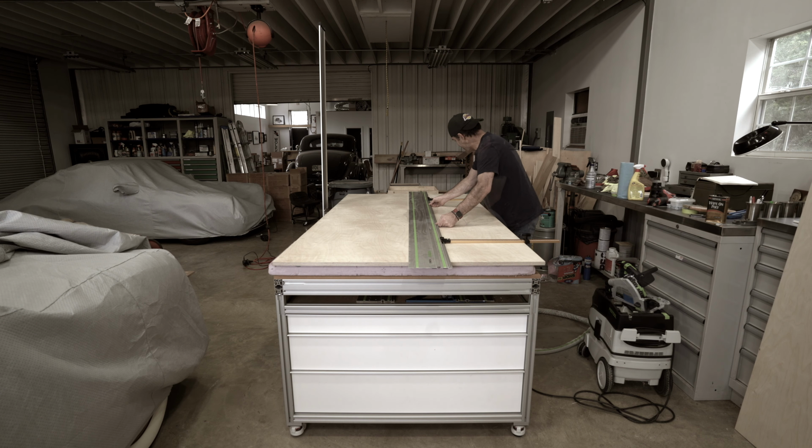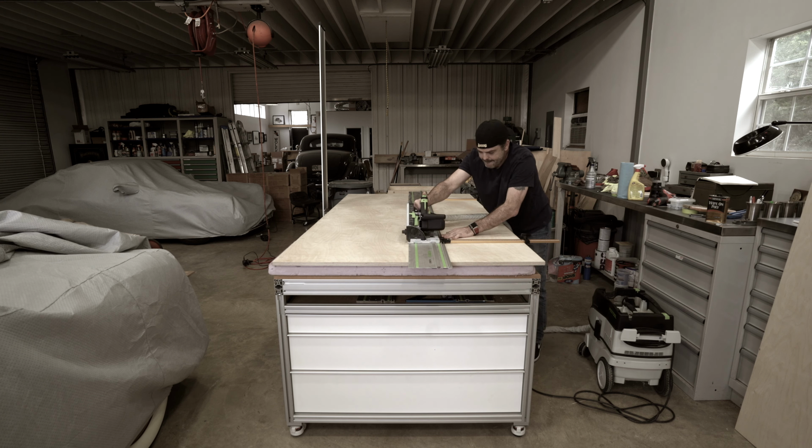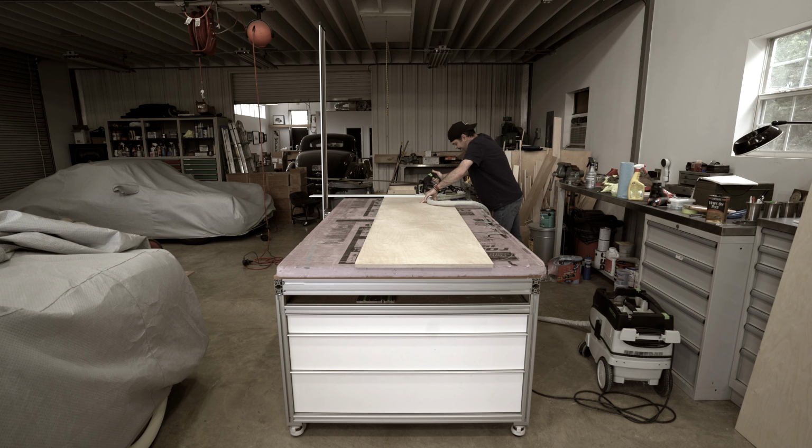I started by cutting 2 sheets of birch as closely down the middle as possible. This gave me 4 panels that were roughly 8 foot long by 24 inches wide. That done, I could get each panel cut to length and then start to think about what I was going